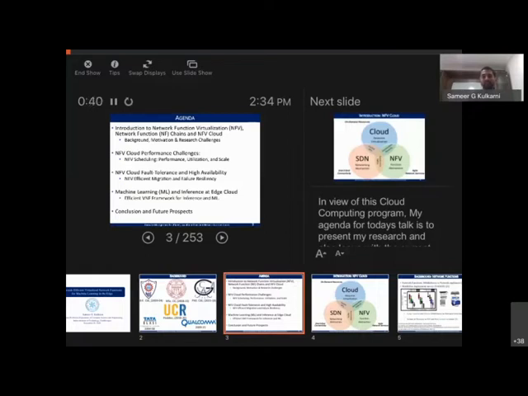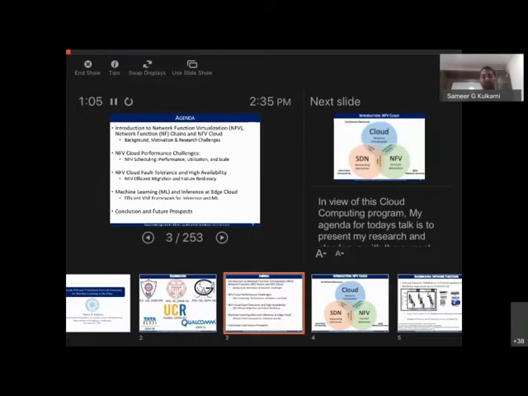Accordingly, I will present my work on how we try to address different challenges, one of them being the performance challenges in the NFV cloud, for scheduling and resource utilization. Then, of course, with cloud you have to provide fault tolerance and high availability, which is very critical from an operational point of view.